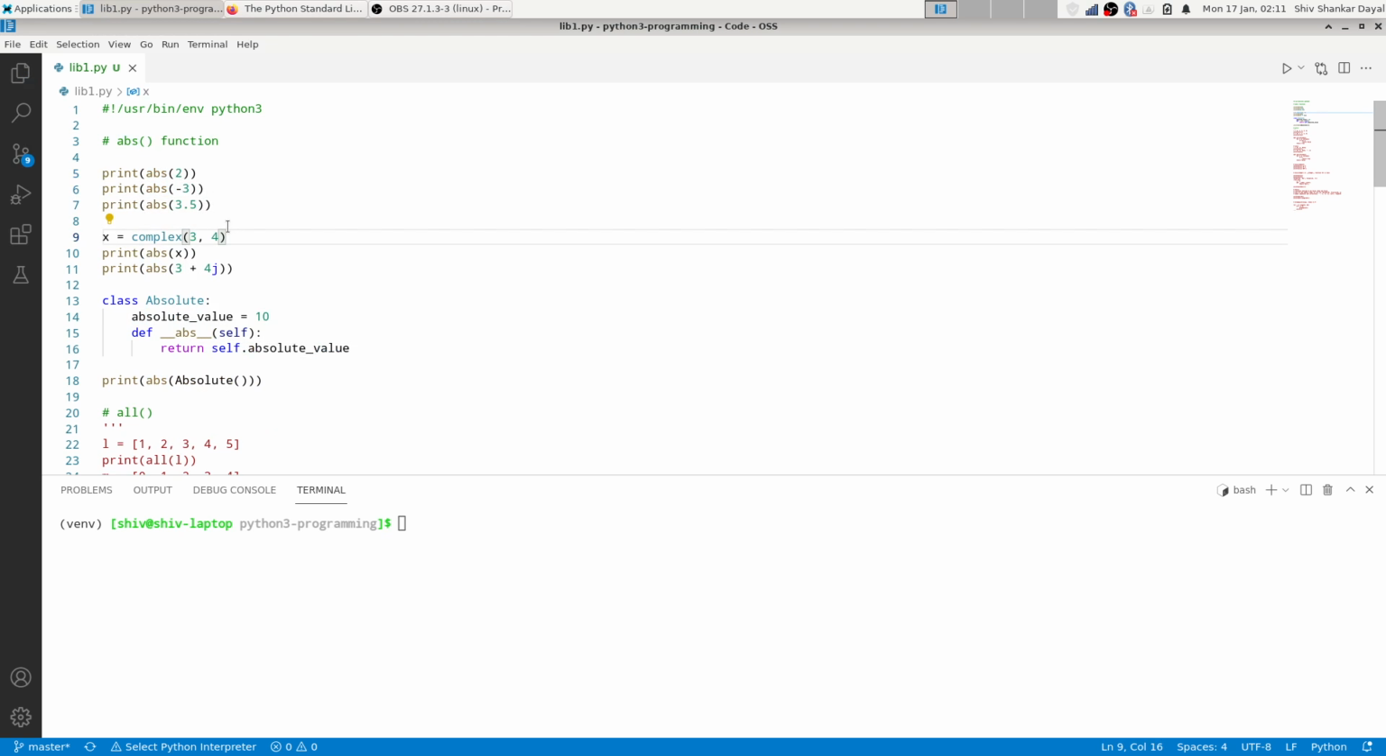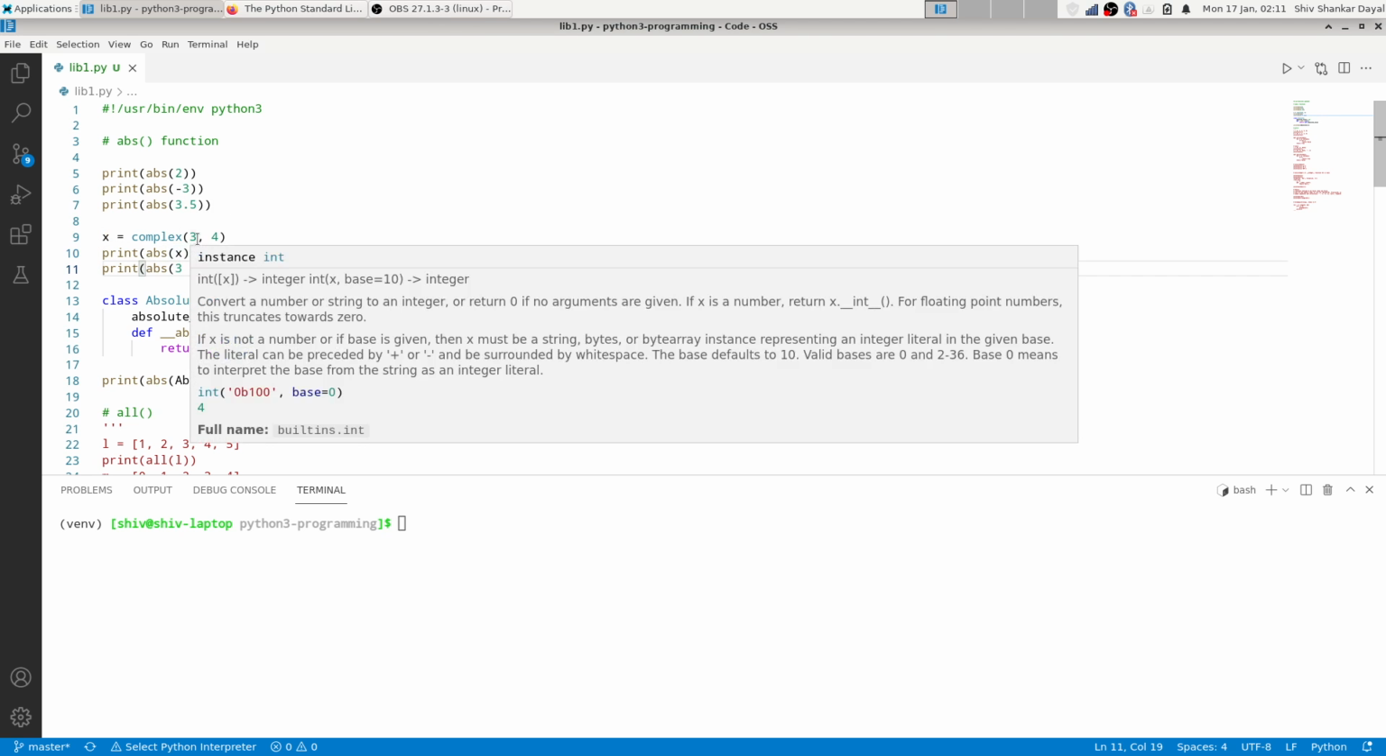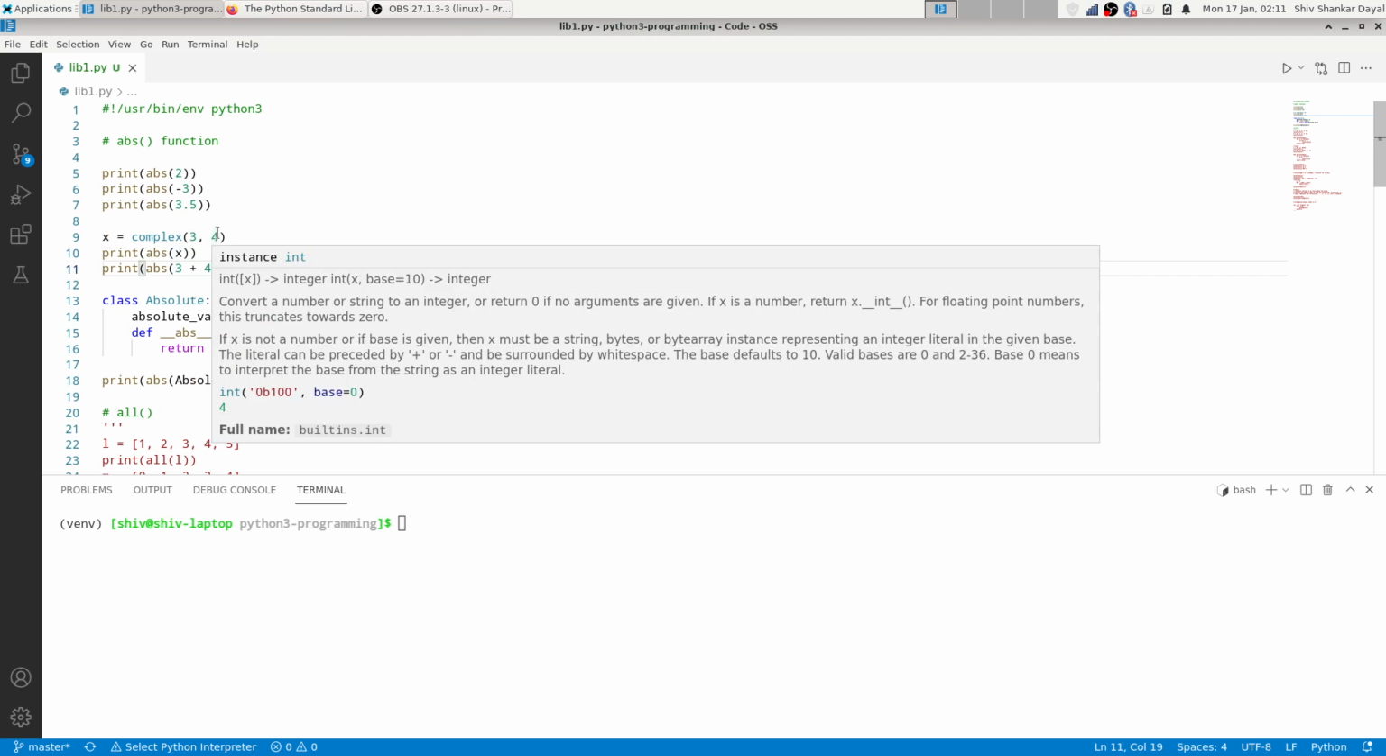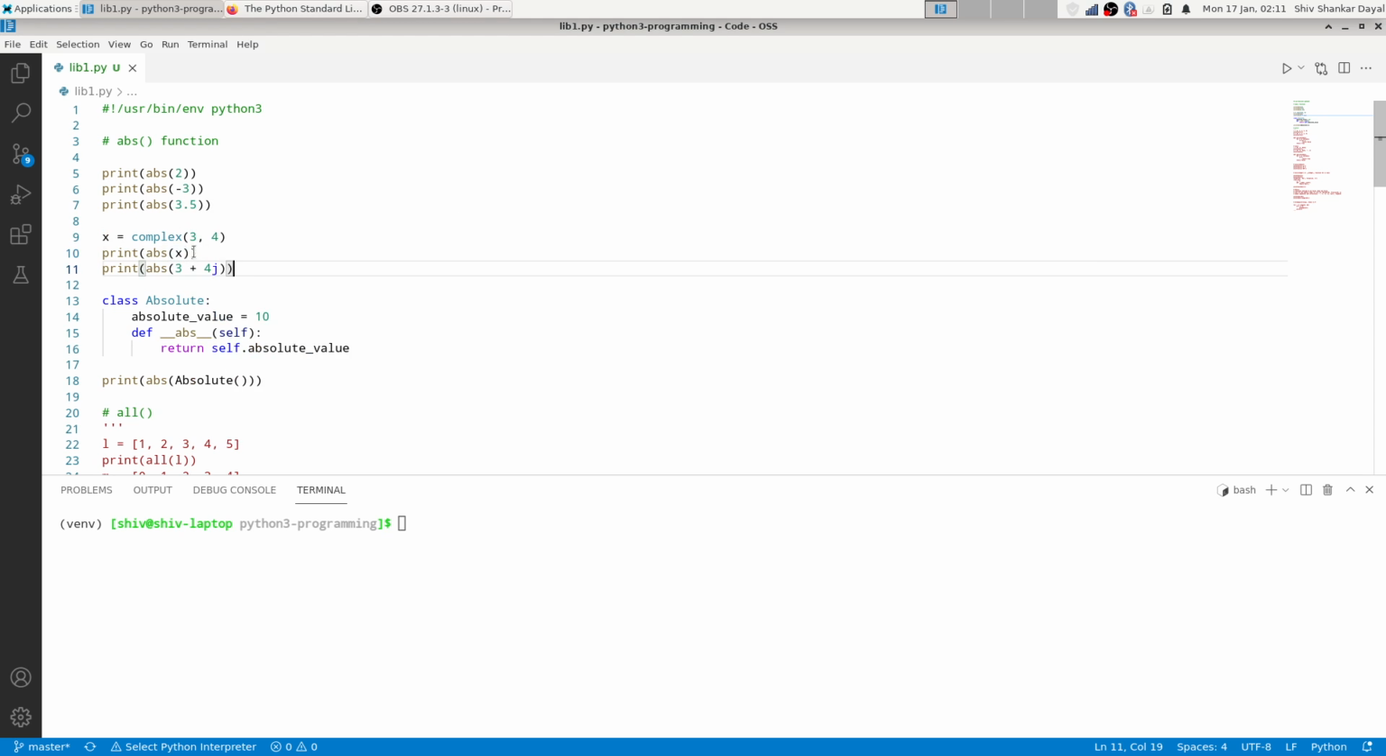And if the argument is a complex number, then it will give the magnitude of the complex number. So that would be, if it is 3 plus 4j, then it would be 5, which is equal to the square root of 3 square plus 4 square. And if it's an object like this, then the class of that object must implement the __abs__ function, and the return value of that function will be printed as the absolute value. For example,